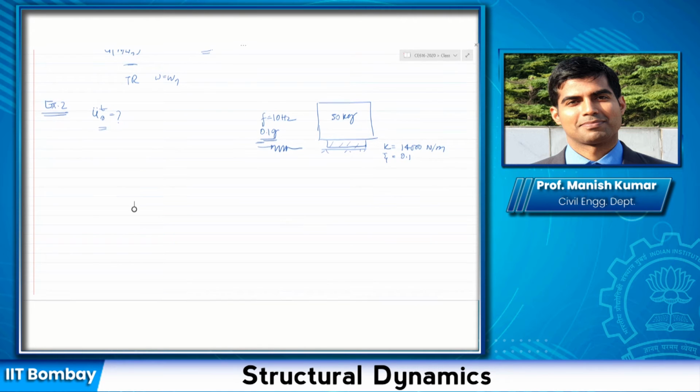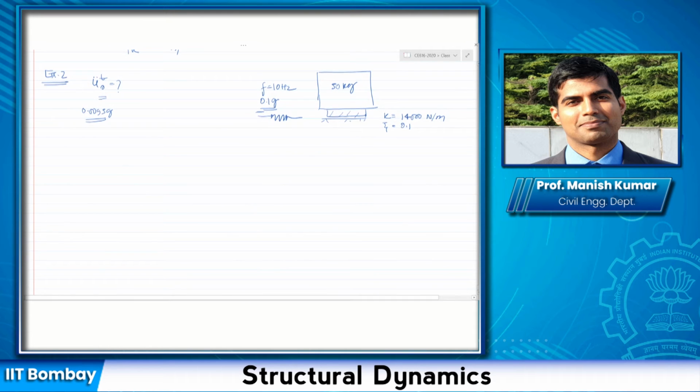Anyone with the answer? Yeah. So 0.0095 G. Close. Okay, in terms of concept, there is nothing much to it. In terms of acceleration, we know that if the ground acceleration or the support acceleration is given, the ratio of the total acceleration experienced by the mass to the ground acceleration is the transmissibility ratio. So all you need to do is to substitute the value of zeta and omega by omega n here. Now, the applied frequency, the excitation frequency, I can directly calculate: if your frequency is given in hertz, omega is 2 pi f, which is 20 pi.